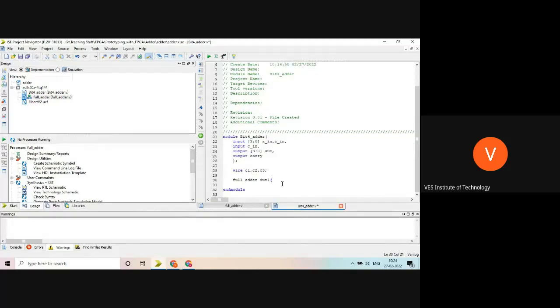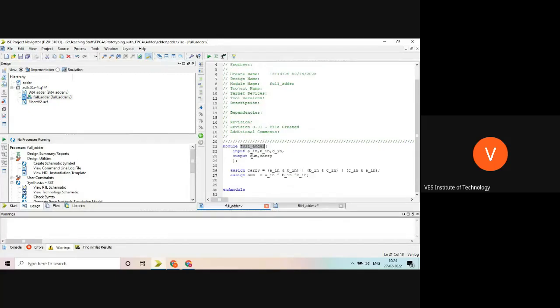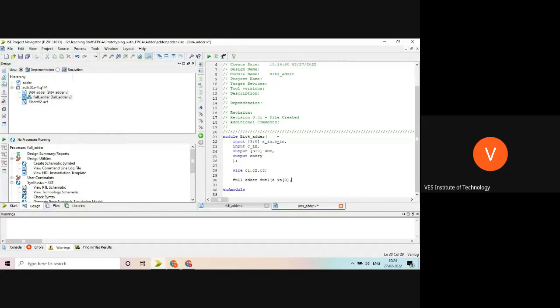Okay, so first I will write something like this. In 0, comma, C. Here the importance is to the position. So instead of A in, if I write here B in, then B in will be mapped to the A in and A in will be mapped to the B in.